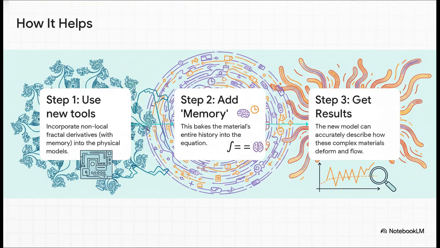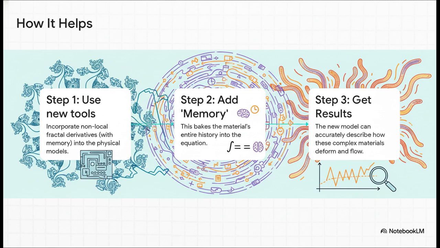Well, it's basically a 3-step process. First, scientists take those non-local fractal derivatives, the tools with memory, and they plug them right into the physical models. And this immediately bakes the material's history right into the equation. The result, you get a model that can finally describe, with stunning accuracy, how these weird and wonderful materials deform